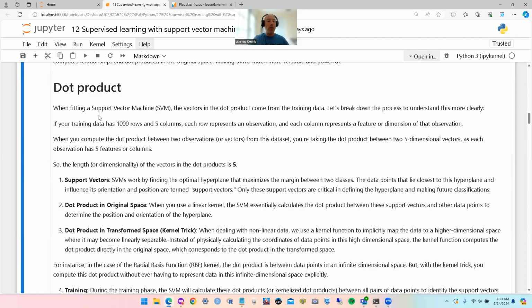All right, so the dot product. When fitting a support vector machine, the vectors in the dot product come from the training data. Let's break down the process to understand this more clearly. If I have training data with 1,000 rows and 5 columns, each row represents an observation. Each column represents a feature or dimension of the observations. When we compute the dot product between two observations or vectors from this data set,